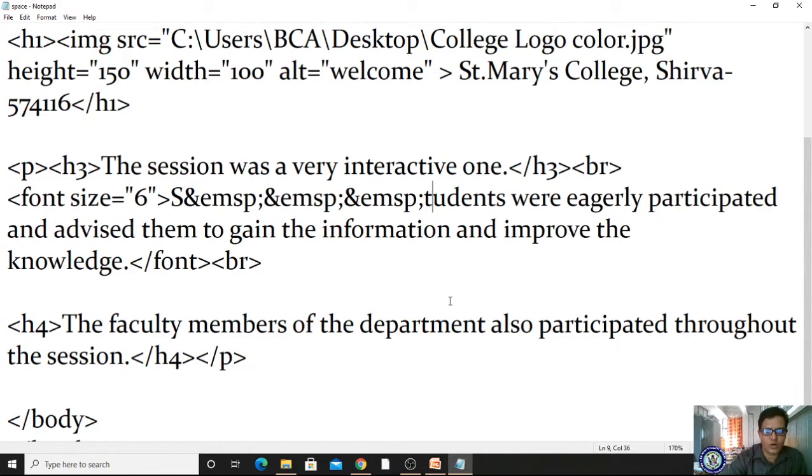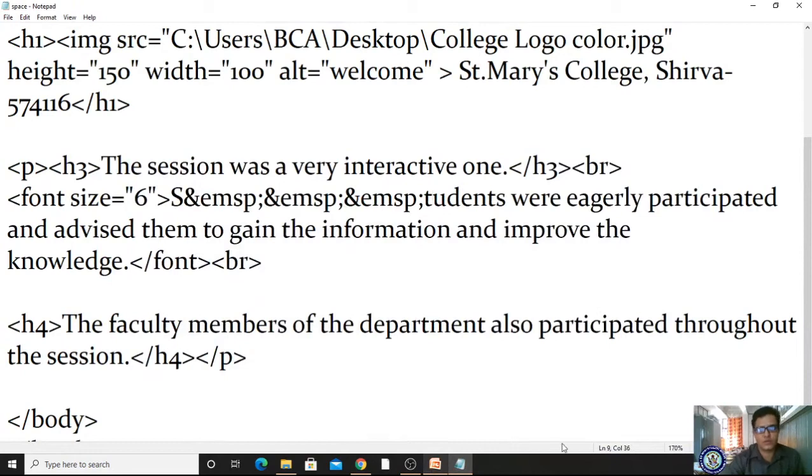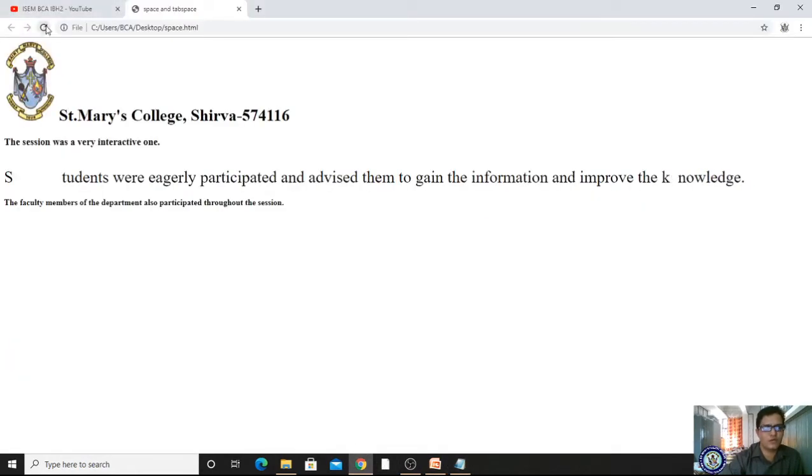Suppose I want to give 2 spaces, then which tag do I have to use? ENSP. After the K, I want to give 2 spaces, ampersand ENSP semicolon. Just save it, come to your browser and refresh it.